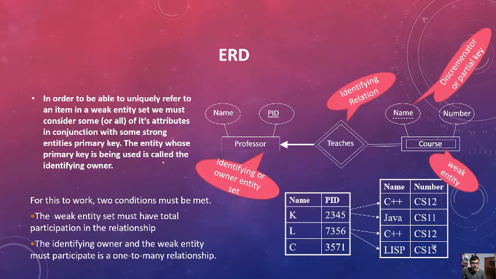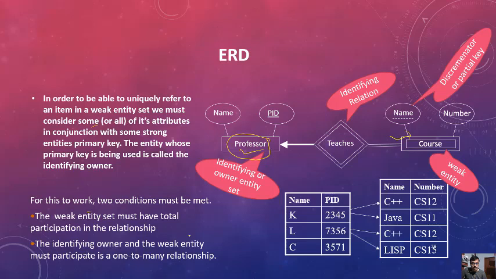For this to work, two conditions must be met. One is that the weak entity set must have total participation in the relationship. The other is that the identifying owner and the weak entity set must participate in a one-to-many relationship. This type of relationship is called identifying, and whatever relationship relates this identifying owner entity set with the weak entity set is called an identifying relationship,